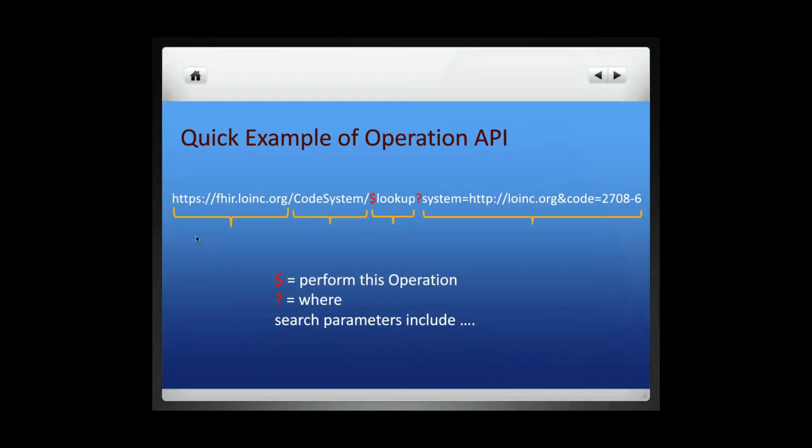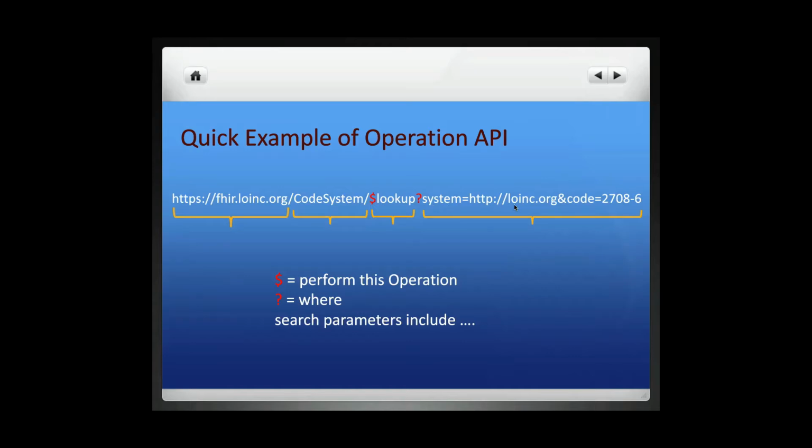So let's demystify what a FHIR operation API actually looks like. You can read this URL yourself at this point. Over here, we have the server, the base URL. In this example, we're going to go to the FHIR LOINC server. The type of resources which we want back in our API response, or what are we asking for? We're asking for CodeSystems. Now, this dollar sign in this particular example doesn't mean that it's a composite data type. It means that we are looking for a certain type of operation, and that operation is named lookup. So we're going to say execute lookup, where, and here are our parameters that we're giving to the LOINC server,